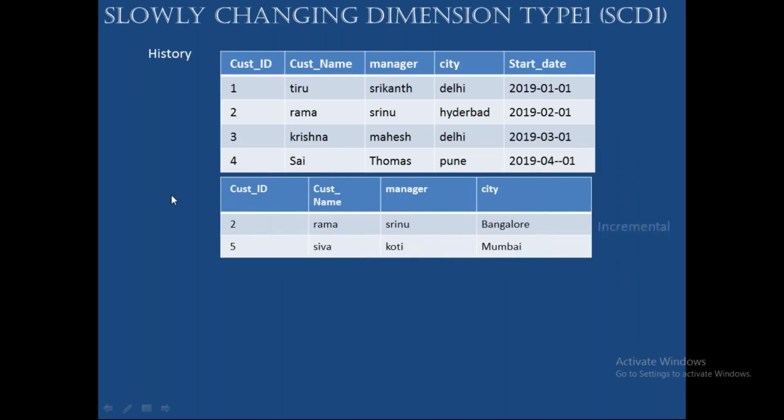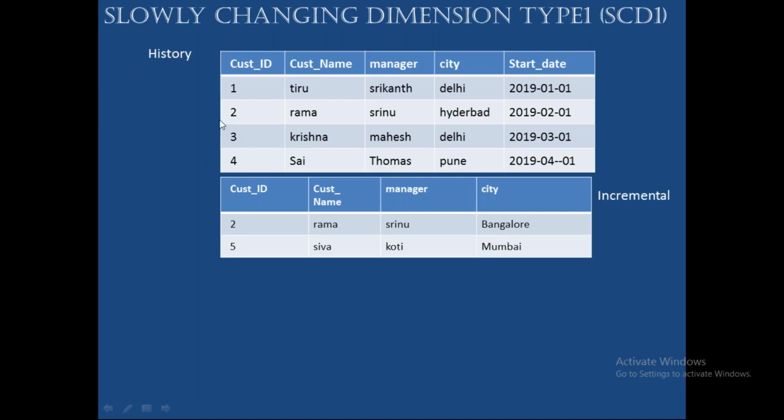Next, if you go to the incremental data, what happens is somebody went to the bank, or some website, and updated their details. The data I have in the current dimension table is this one, but the data I'm getting today has customer ID 2, customer name Rama, manager Srinu, and city Bangalore. If you look at the customer ID, is it matching or not? Yes. Meaning when the customer ID is matching,